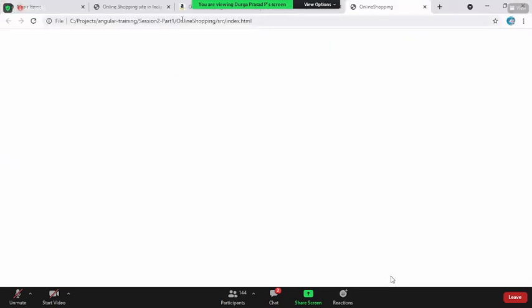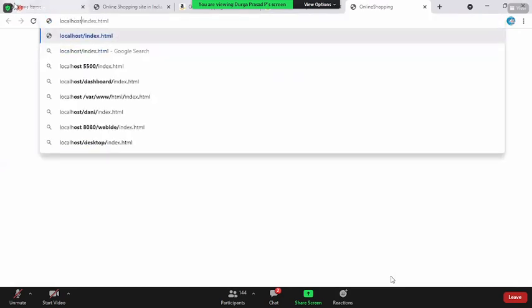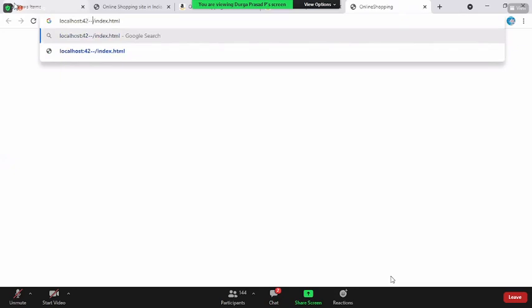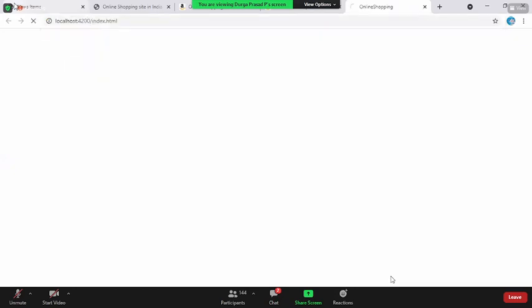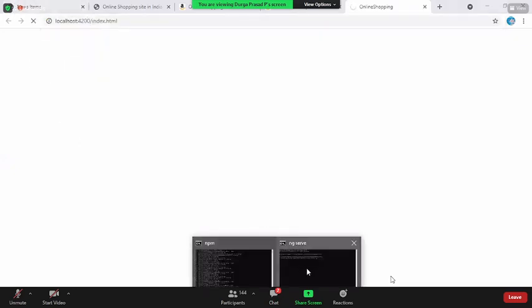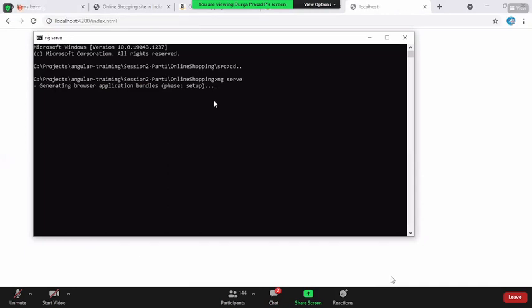It's on localhost 4200. It's Angular code. Let me show you how it actually looks after development. It takes a bit of time for running.